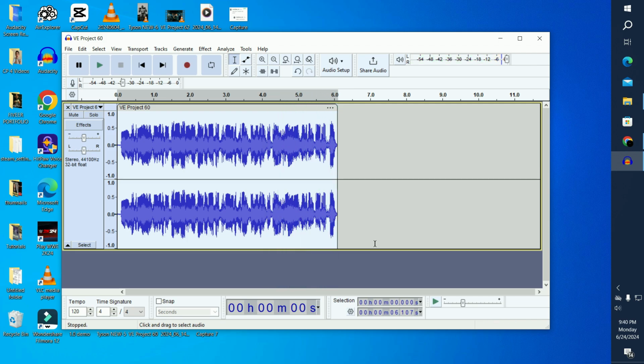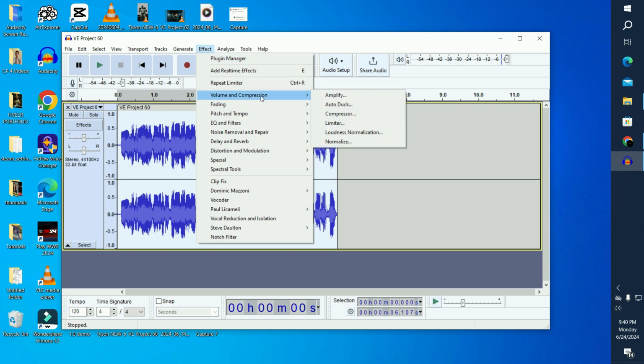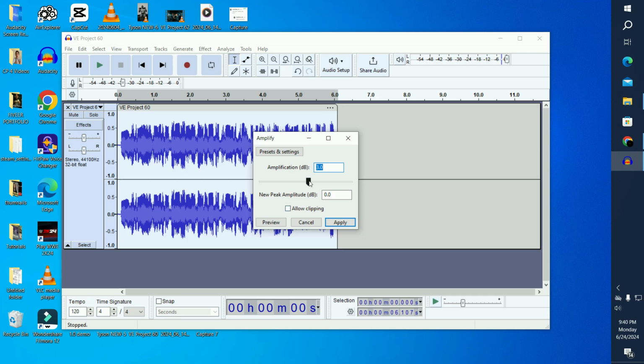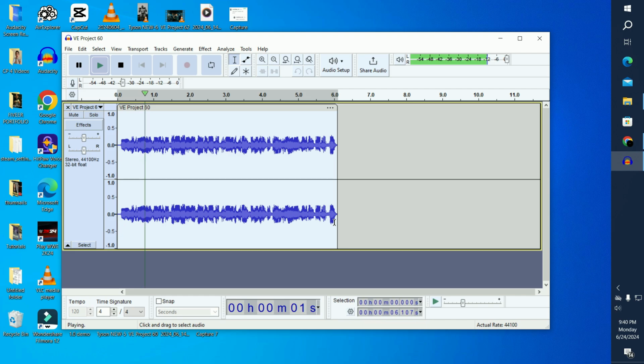And the last part is go to the effects, select volume and compression, go to the amplify and lower down a voice little bit so it can lower down the echo. We can select 7.7 and